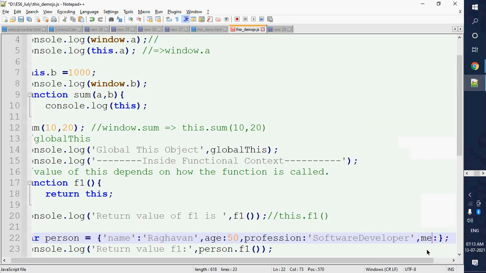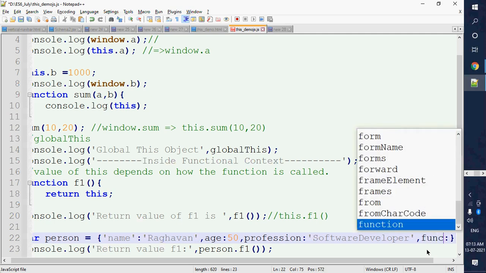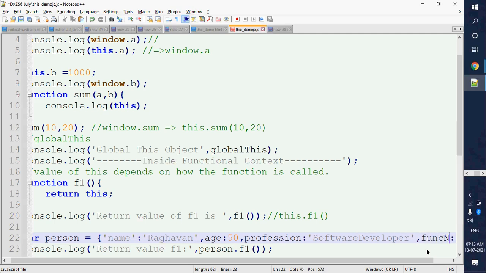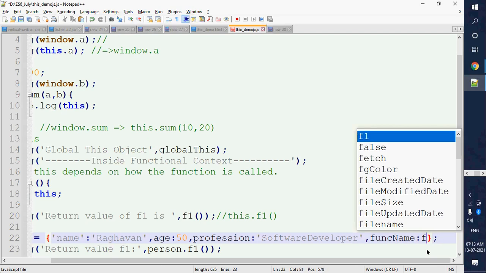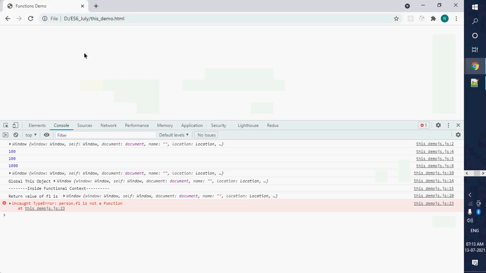Now anyway it will come as some parameter. Okay, funcName. Okay, F1. So now if we refresh it,